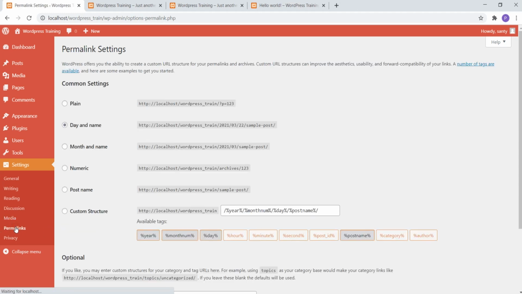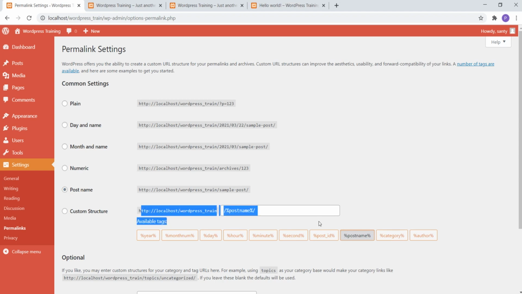Next is your permalinks. A permalink is nothing but the link through which your website will be seen by the user. Here, this is how the current URL looks. Since this is not preferred from the SEO point of view, and it's lengthy for someone to remember, what we generally do is use the post name. So our URL will be www.domainname/category name/post name. You can change it here whenever you want.